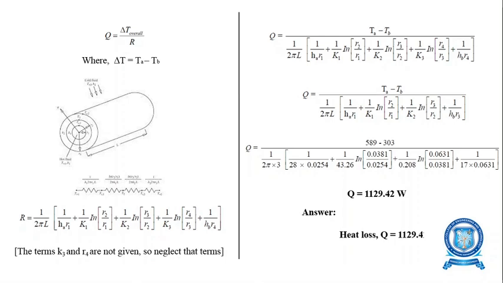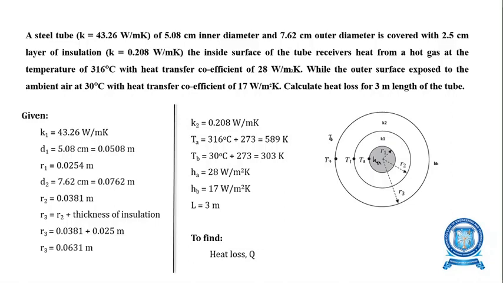Since you know the overall heat transfer coefficient, the heat transfer is equal to the overall temperature difference divided by the sum of the total resistance. The total resistance: Q is equal to delta T overall divided by the total resistance. As you know, delta T is the initial temperature minus the final temperature. So in this problem, the initial temperature is considered as TA and the final temperature is considered as TB, and T1 and T2 are the intermediate temperatures here for conduction.